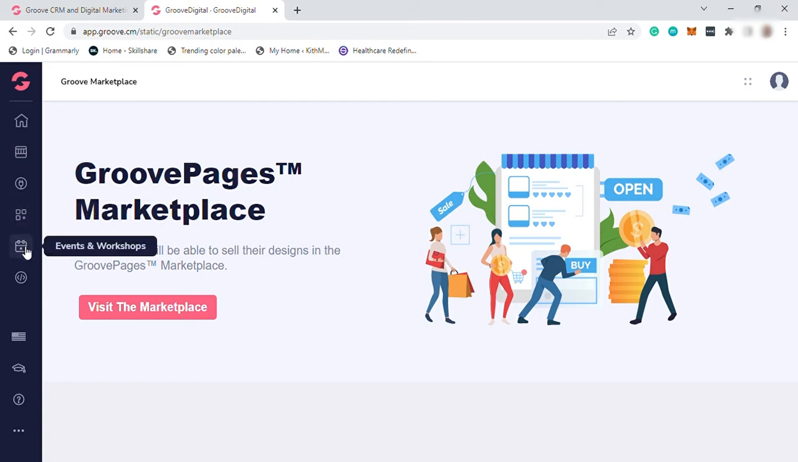And they also have events and workshops to see upcoming events and workshops that can help you and your business grow in Groove. You can join this workshop. API, language,